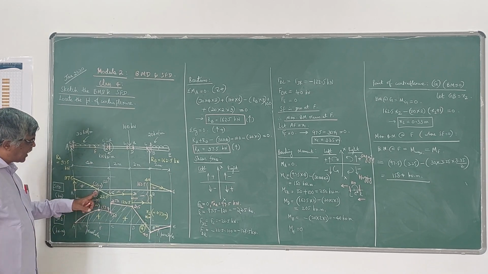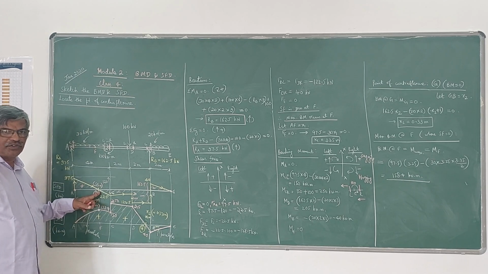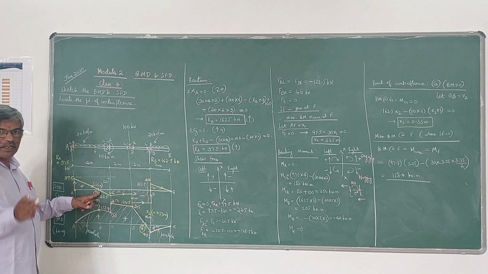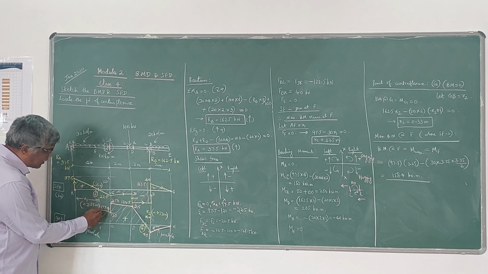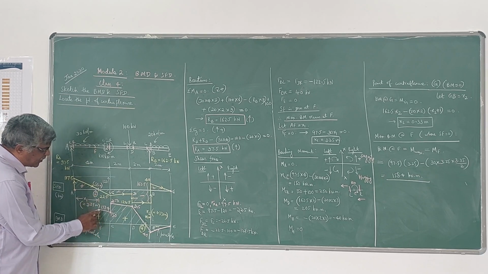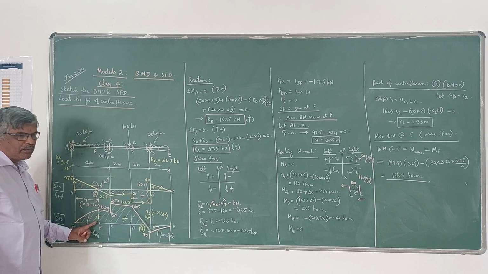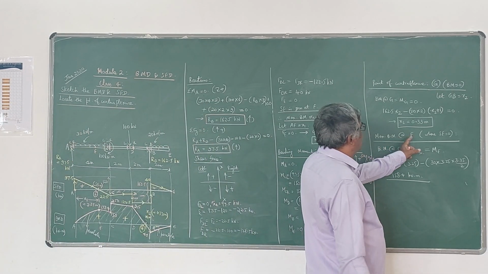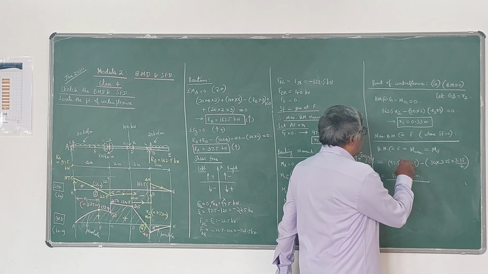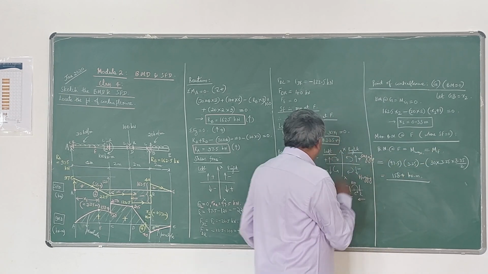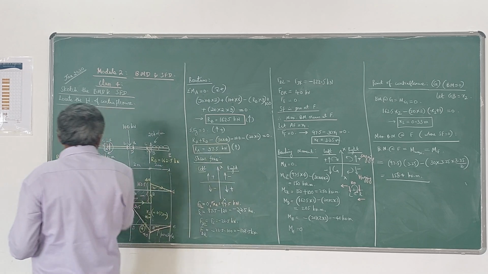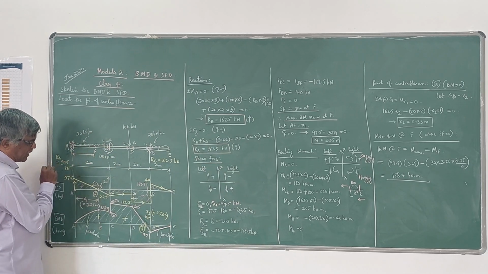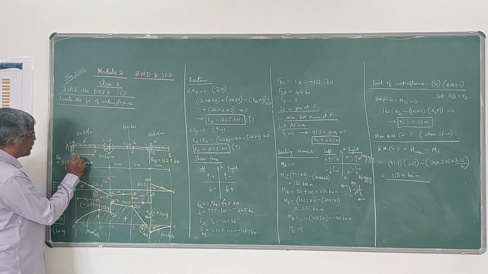So now I have plotted all these values, but one very important thing here is we have already found out that at point F, shear force is 0. At the point where shear force is 0, you can expect maximum bending moment. Now one more step we have to do, that we have to calculate the maximum bending moment at F, where shear force is 0. What you have to do is take that point F. F is here, and this distance we have calculated, it has come to 3.25 meter.